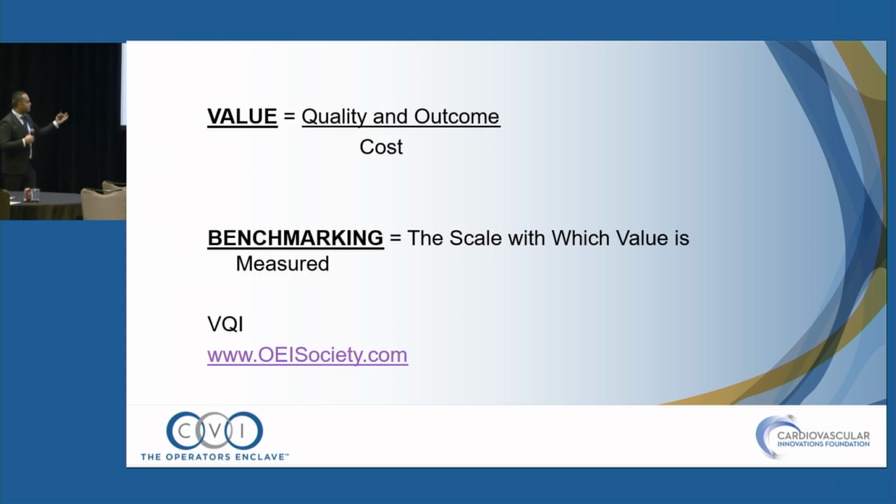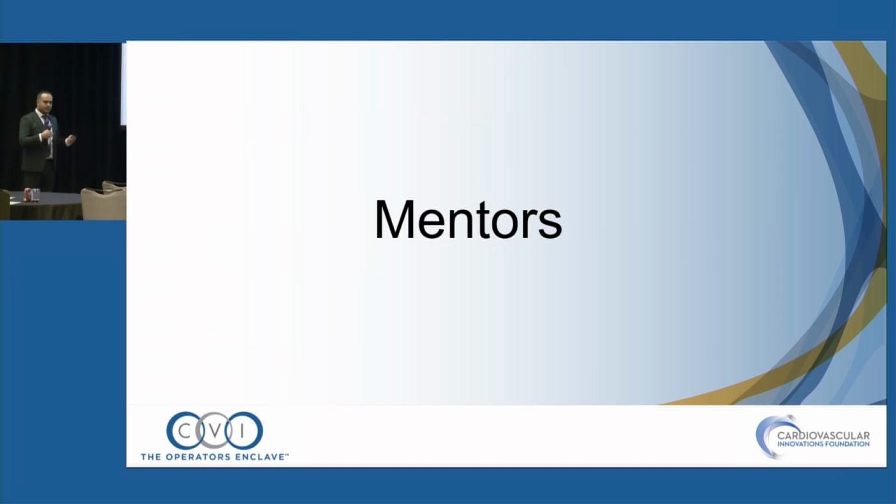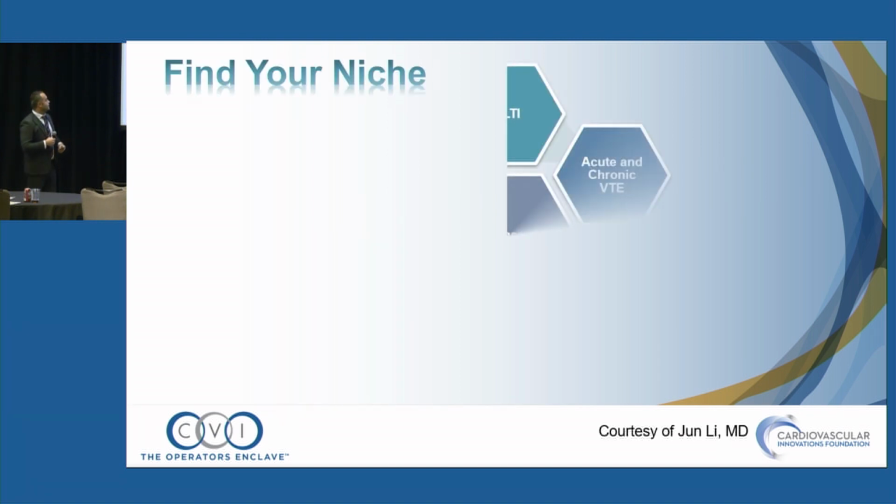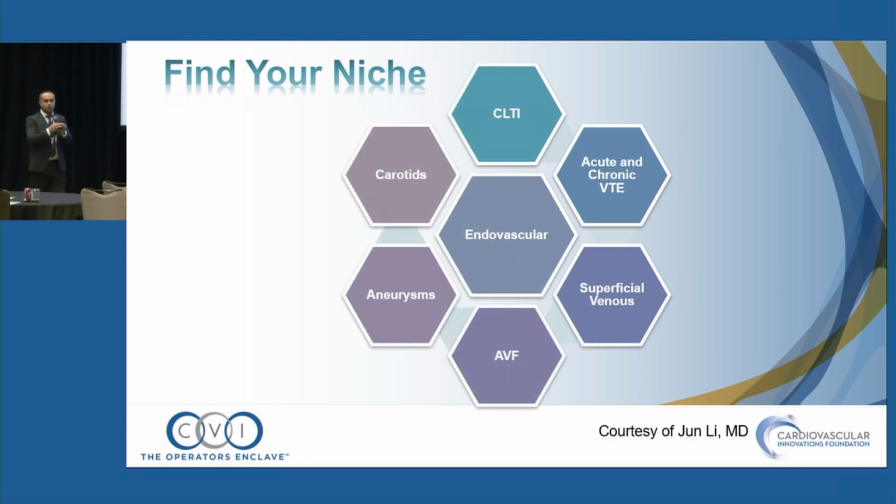Be involved in benchmarking, whether VQI or the Outpatient Endovascular Society. Have mentors, have a speed dial, and I still do it frequently. And I would say find your niche. The vascular community practice is a broad term. Working in the community, you would want to be knowledgeable about everything and have the skill set to do everything, but have a niche that really differentiates you,